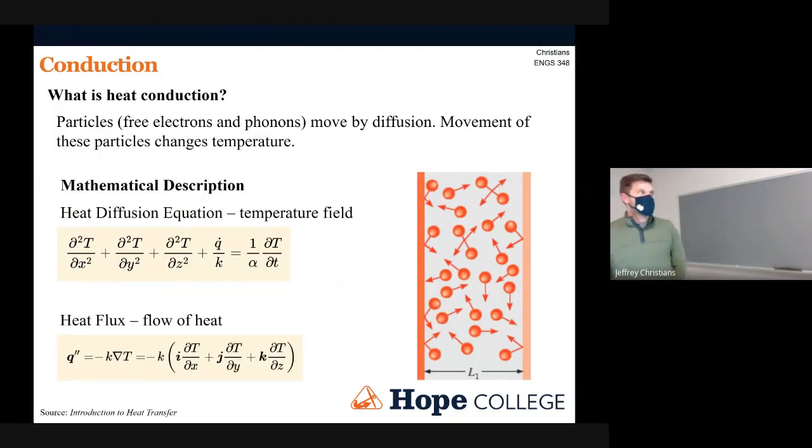So just to think a little bit about what we're doing. We're looking at conduction. All of these different models that we've built, all of these things that we've been handling, have been specifically for conduction. And this really includes, from the start of class basically until now, we've been looking at conduction. What conduction really is